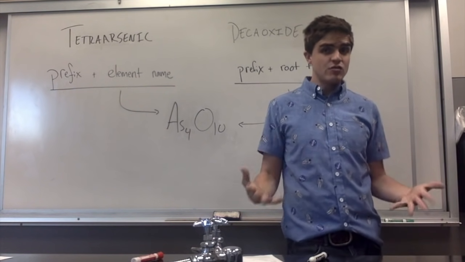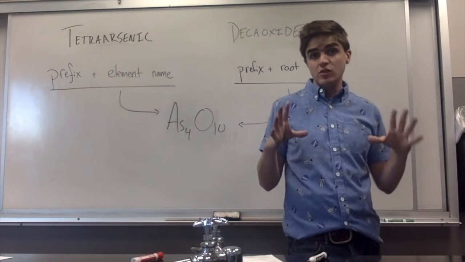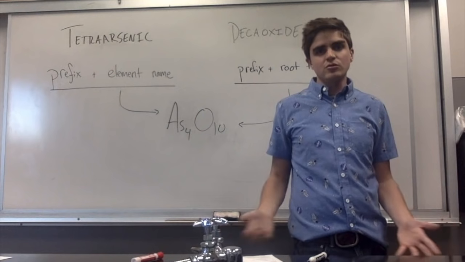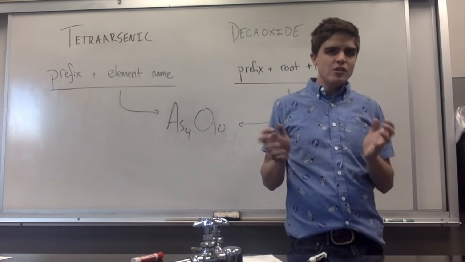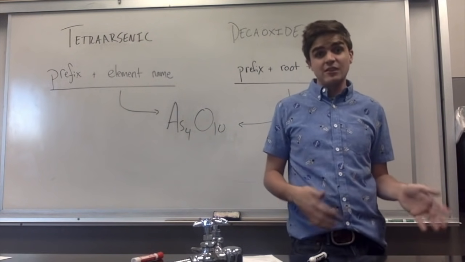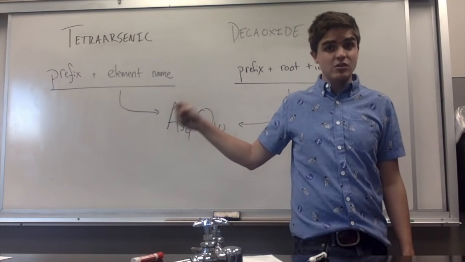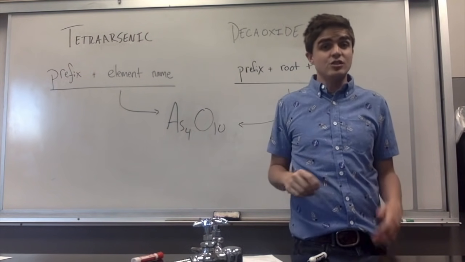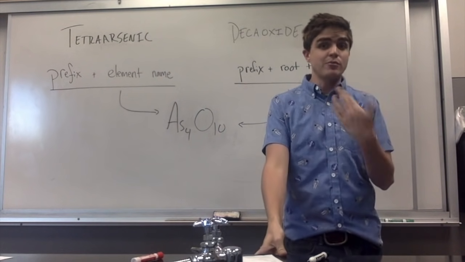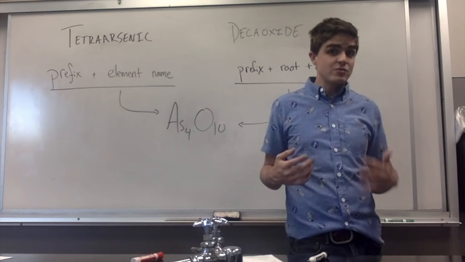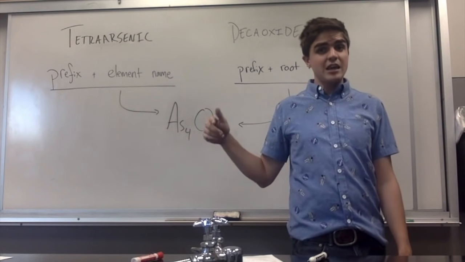If you went tetraarsenic decoxide and you didn't have those double vowels in the middle, I grade it the same way. Knowing the nuances of which way vowels get canceled or not doesn't matter to you right now because, let's face it, I understand this is going to be 4 arsenics and 10 oxygens, and that's what I'm after. I'm after being able to communicate. Remember, this is a translation part of the chemistry, not a mastery. So I'm looking for As4O10 when I see